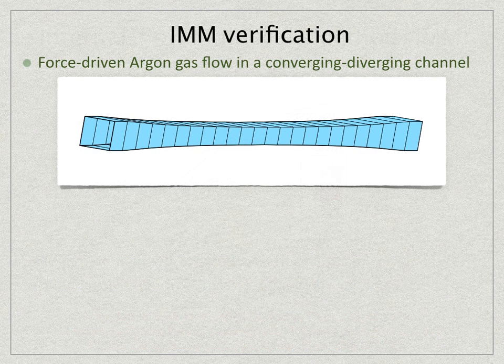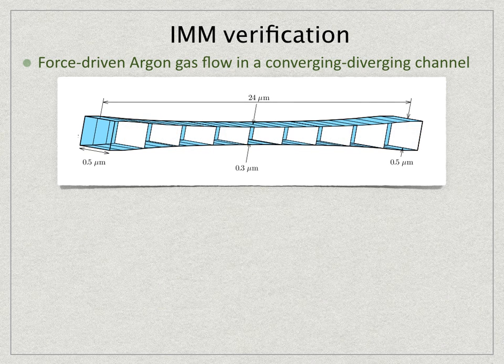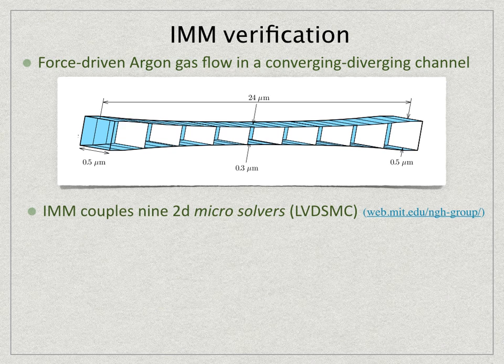Okay, so I now just want to convince you that it works. This is an example of force-driven argon gas flow in a three-dimensional converging diverging channel geometry. And the IMM, the internal multiscale method, represents that using a series of 9 microsolvers. Those white planes there are two-dimensional microsolvers. They're actually LV-DSMC